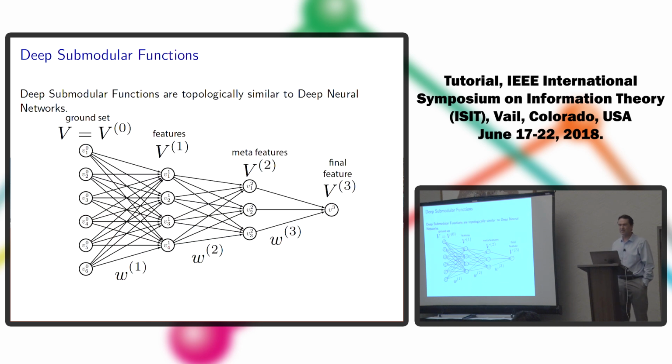So it's very analogous to a deep neural network, right? Because you could say, okay, this is the input. These are indicators of what set you have. You could think of these as binary indicators. And this is basically a concave composed with a modular function, which is essentially the sum of the elements corresponding to which input you have. And this would be another one and another one and another one. And then you're taking recursively defined compositions of more concave functions composed with these ones, and so on and so